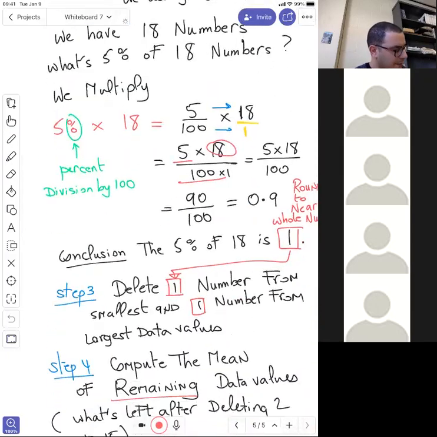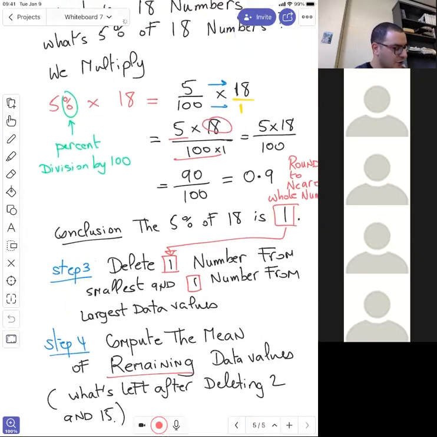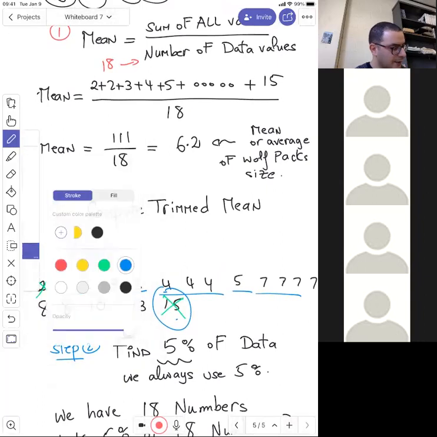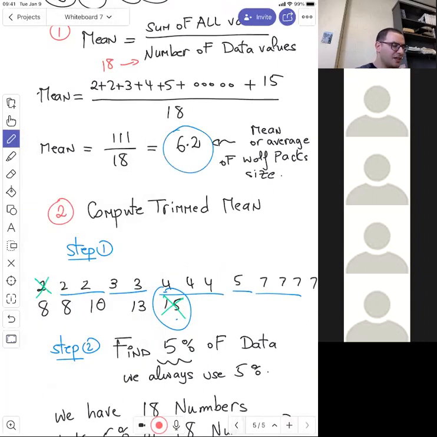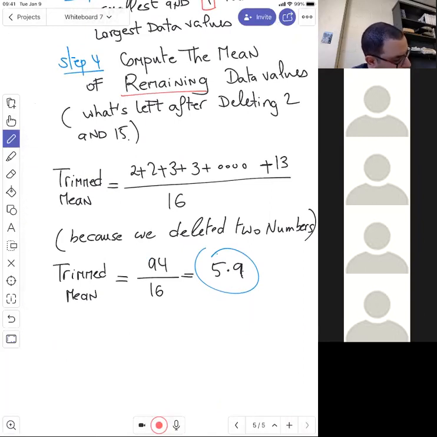So if you compare your trim mean, which is 5.9, sorry, to the original mean, which was 6.2. Okay. So as you can see, the trim mean is less than the original mean, right? And that's because we deleted a very high data value, which is the 15. Okay. So this is just the remark here. The trim mean here in this case is less